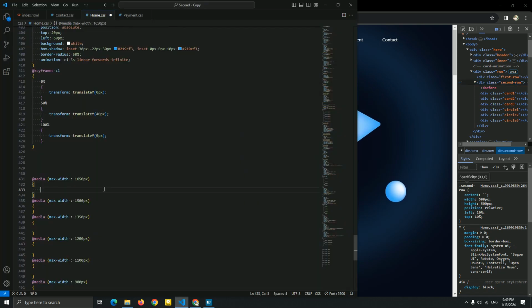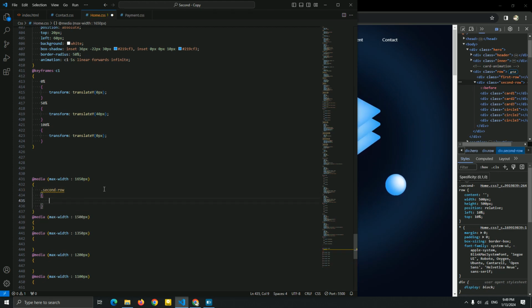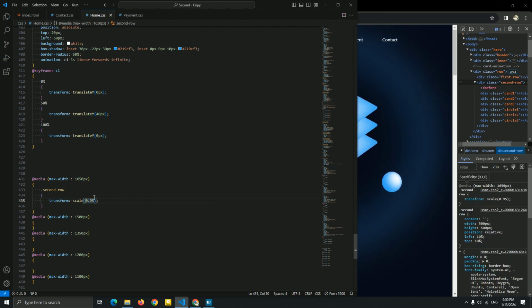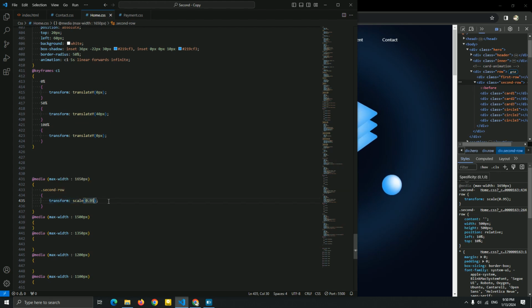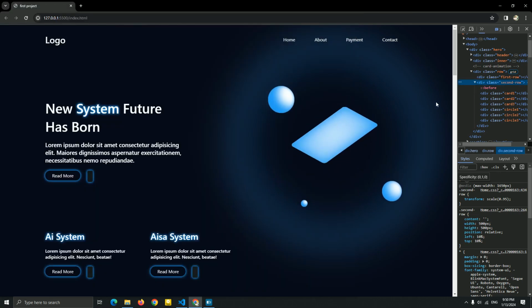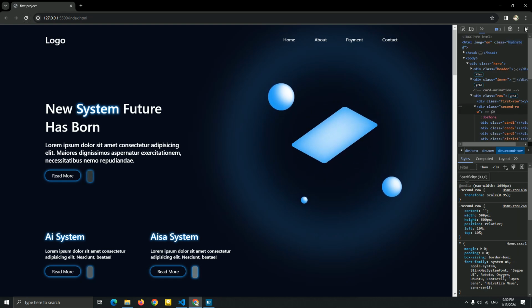So let me add the second row here. I'm going to add transform scale to decrease the size a little, and we can use this scale to resize it. If you didn't watch my video on how to resize a box, we can use scale to resize it. As you can see, we just resized it.